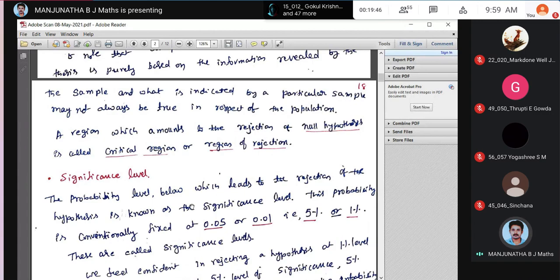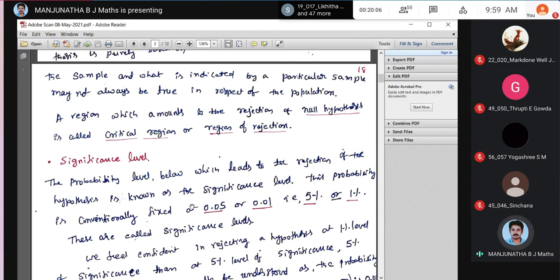You have to take the hypothesis. So for hypothesis testing, you have to consider more samples. So do not consider only a particular person or individual or particular sample. Particular samples may not give the true result, right? In most of the cases. Therefore, we go for more samples. You have to collect more samples and you have to analyze the result, testing the hypothesis.